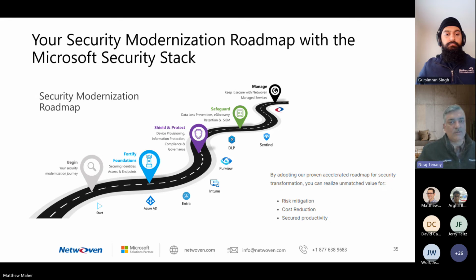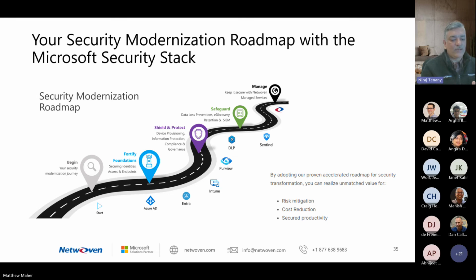Obviously, Microsoft is one of the few companies that provides almost everything in the security journey, and not many people know it, and chances are that you probably have the licenses for a lot of these things already, if not all the advanced licenses, at least the basic licenses. So I would encourage you to look at your licensing, look at where you are in your security modernization journey, and look at where you are in your data security and governance journey, and kind of follow along that. And we certainly can help, and we work with a lot of organizations in their security journey.